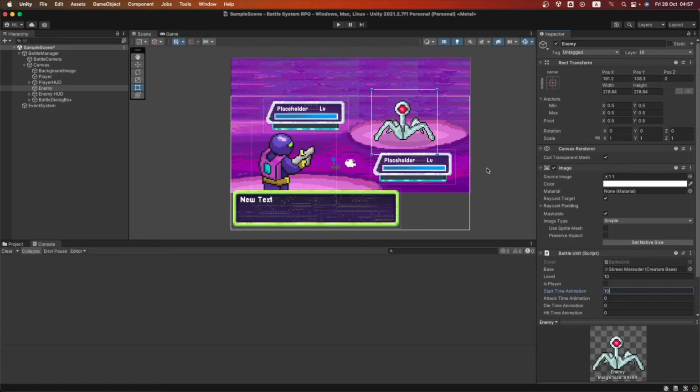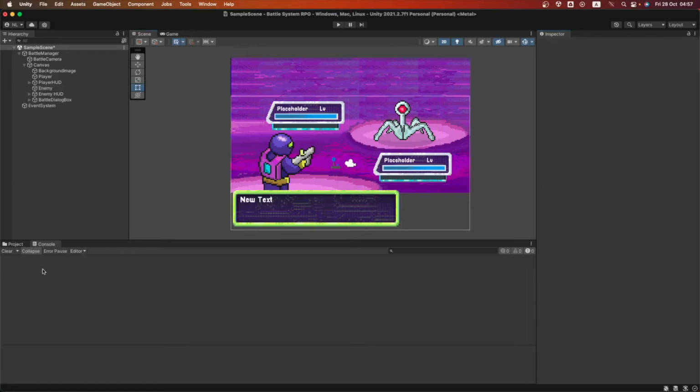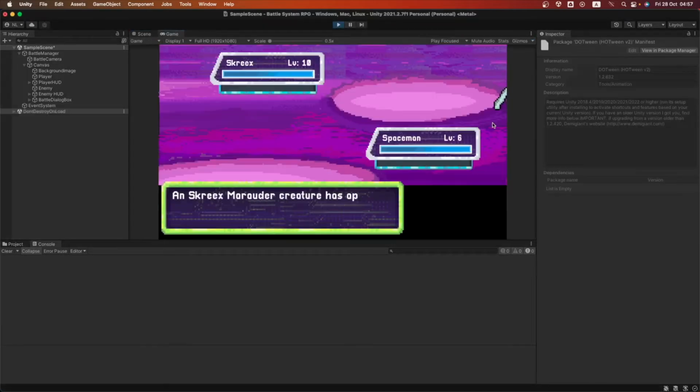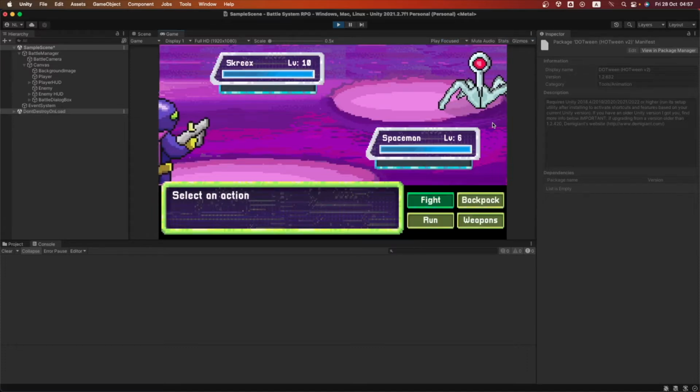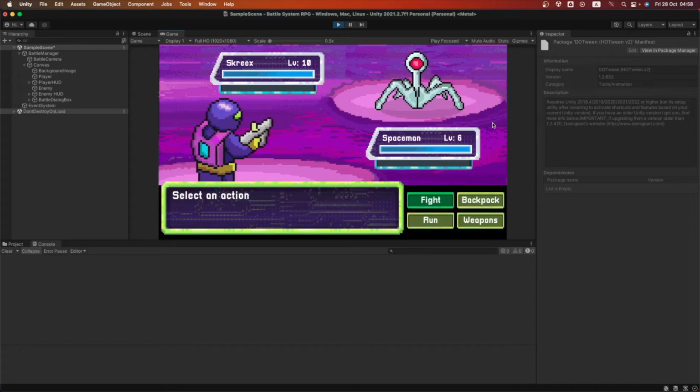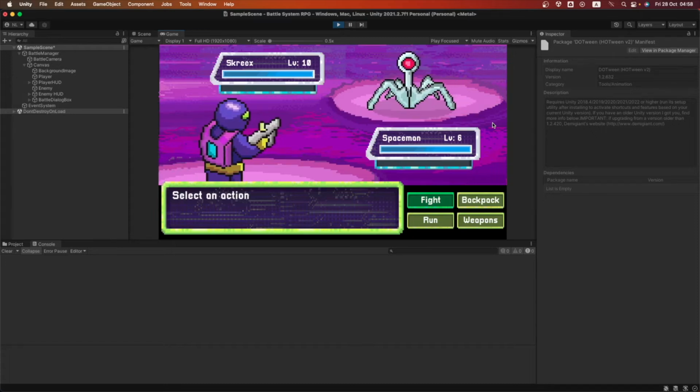So let's press play again without selecting anything to not get those 3 errors. Okay, so let's press play. Let's see what's up with it. Okay, so there it is. The animation is already working, but as you can see, it's way too slow. 10 is a very high number for this animation, so we're gonna change that. But this is already working and this is already dynamic.